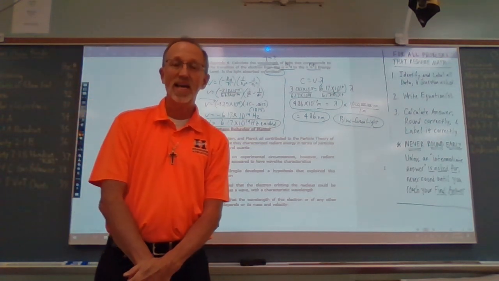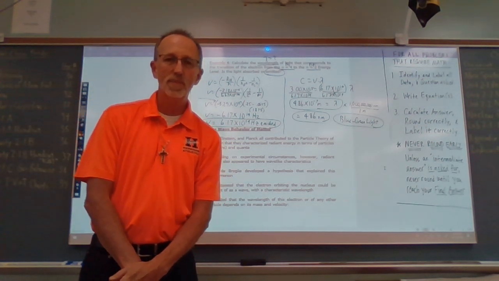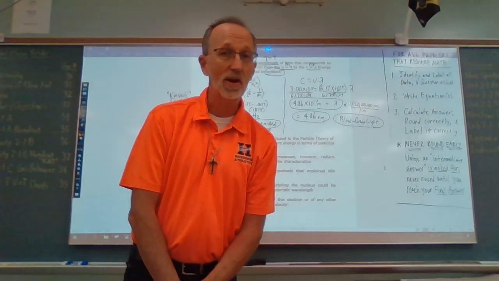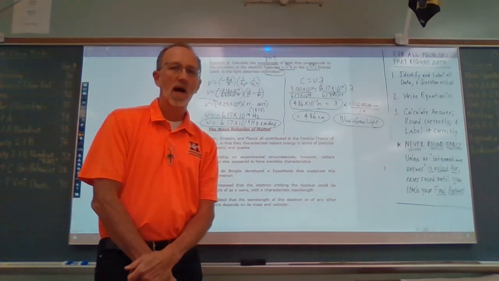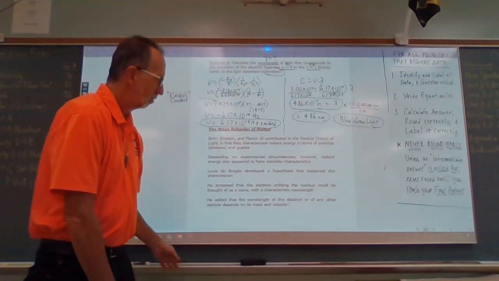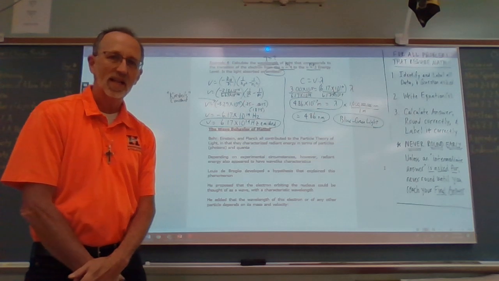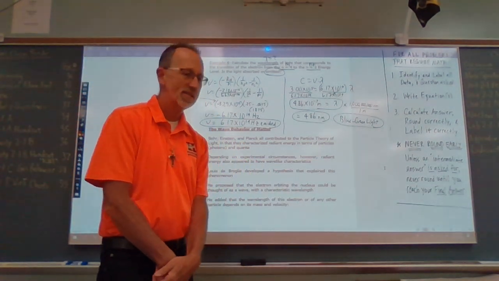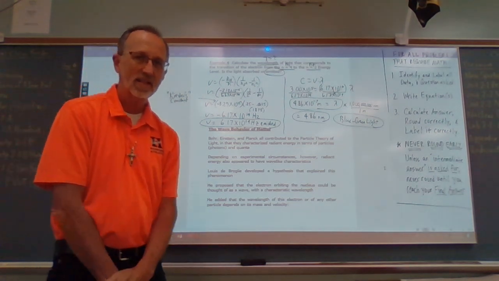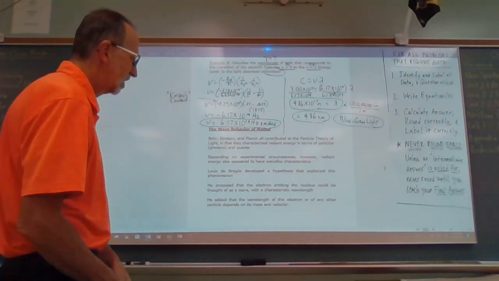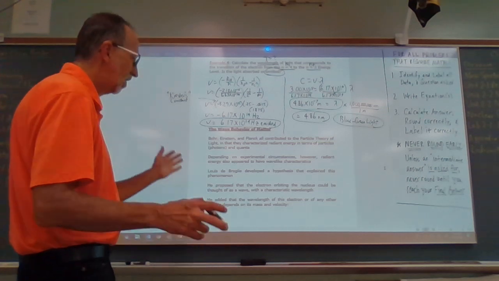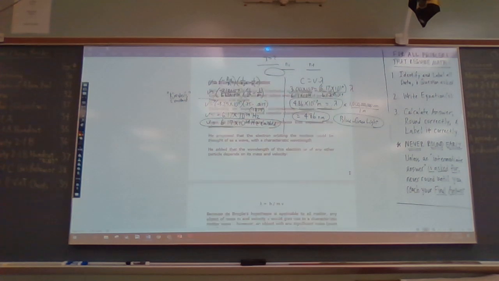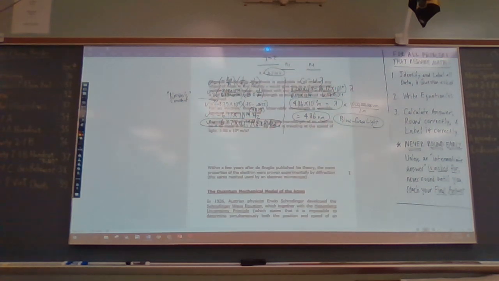All right, so now the electron itself, even though remember, photons have no mass. Electrons have very little mass, but they do have a little. Yet de Broglie is proposing that an electron can also behave just like a photon does. In other words, that it has a wavelength associated with it. He added that the wavelength of this electron or of any other particle depended on two things: its mass and its velocity. And this is the de Broglie